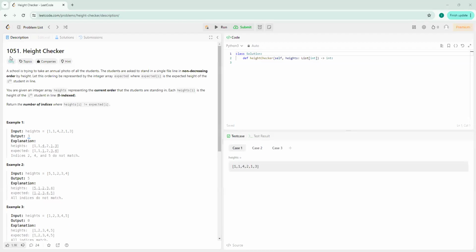Today we are going to solve LeetCode problem number 1051, Height Checker. The statement of the problem is: a school is trying to take an annual photo of all the students. The students are asked to stand in a single file line in non-decreasing order by height. Let this ordering be represented by the integer array expected, where expected[i] is the expected height of the ith